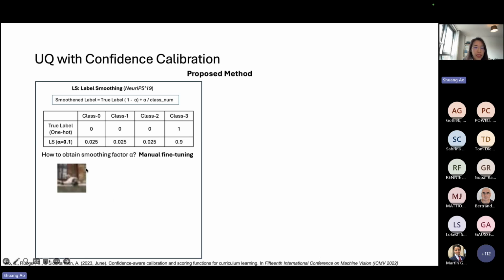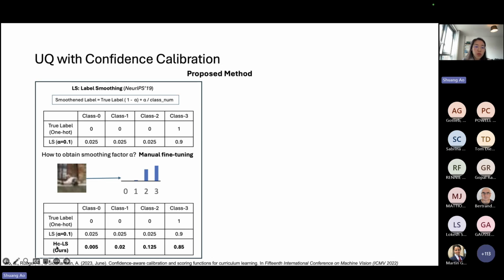So here is one problem. Let's say this image is deliberately made blurry, and you don't know what it is. For a human, we can say, well, perhaps it looks like a bird or like a plane. So even though class 3 is the true label, it doesn't mean that the other three incorrect labels will be equally distributed. This is not how humans think.